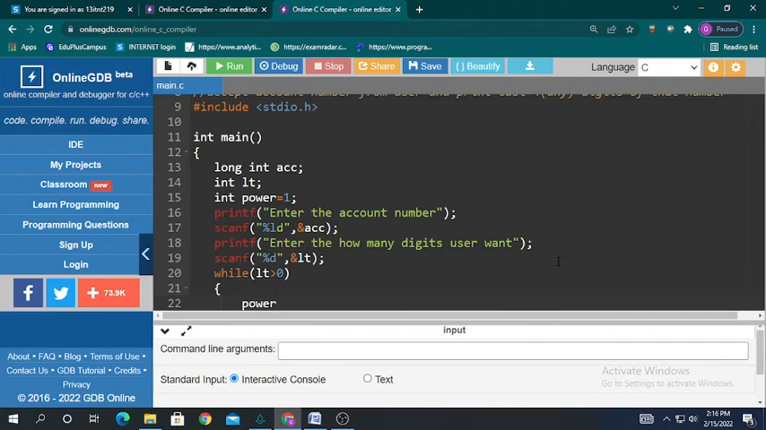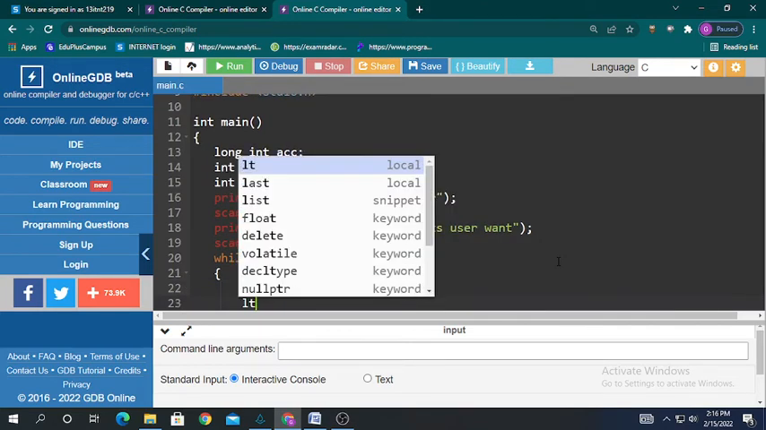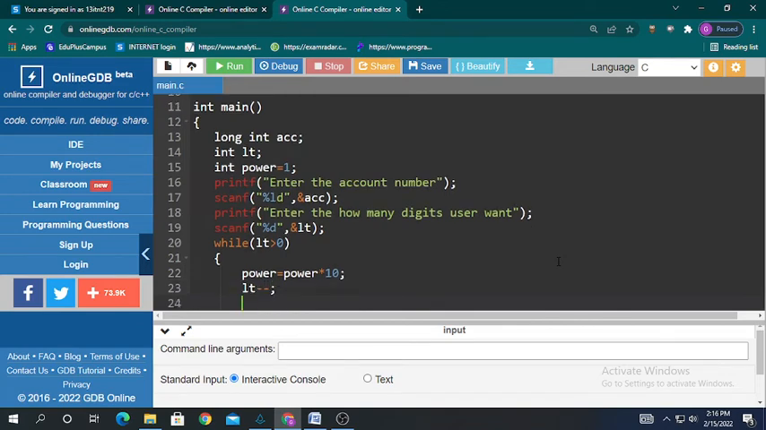we are calculating that power value, which we want to use for modulo division. So power into 10. And here we are performing lt minus minus. So here our loop is completed,